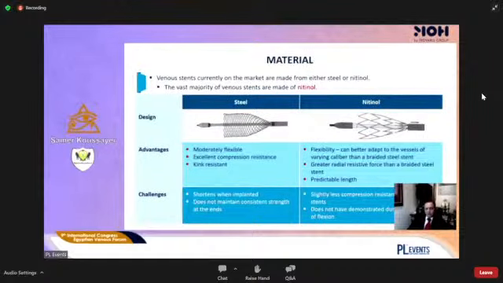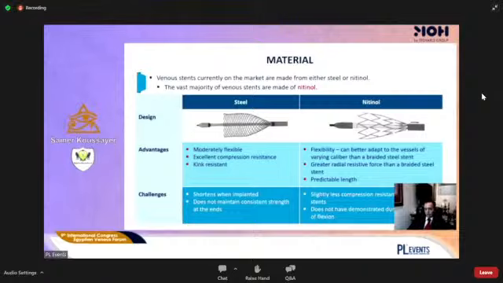The material also is very important. What material are we going to use? Are we using steel or nitinol? And when we pick our stent, what's the difference? Steel is usually moderately flexible, but it has excellent compression resistance and kink resistance. But what's the disadvantage? It shortens when implanted because of the closed cell, and does not maintain consistent strength at the end. Whereas nitinol is more flexible,